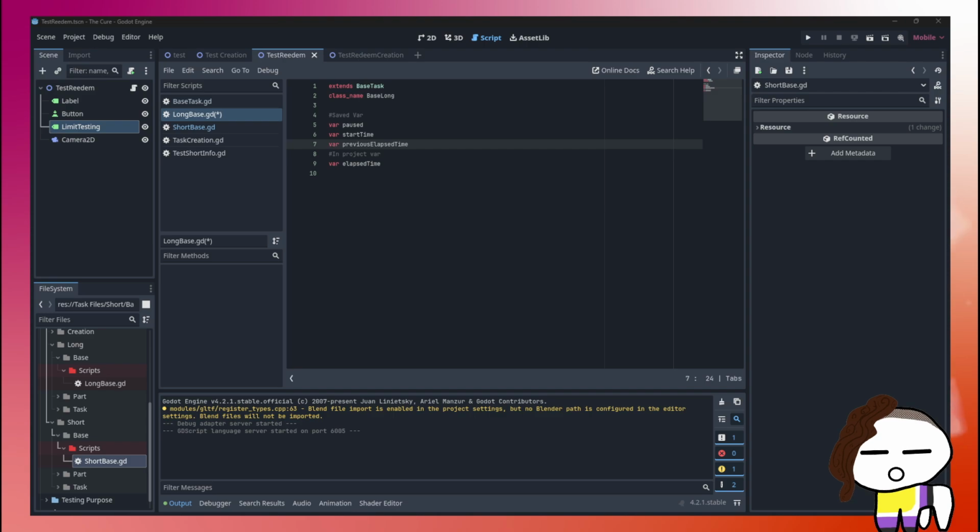I have it separating if it's an infinite task or not. I don't think I'm gonna split it further. I think the long task should look the same if it's an infinite task or not in most cases. Like the only difference is the progress bar of time doesn't need to show more progress happening. It just needs to